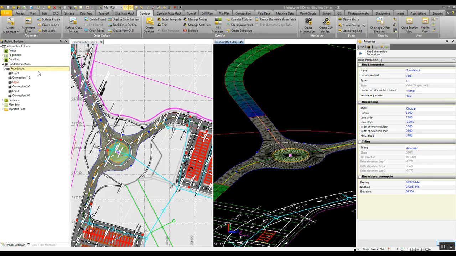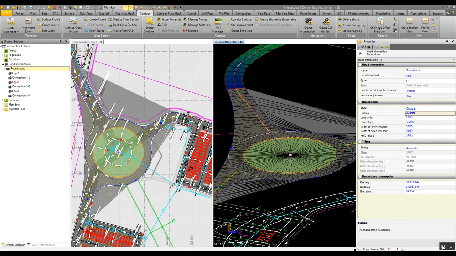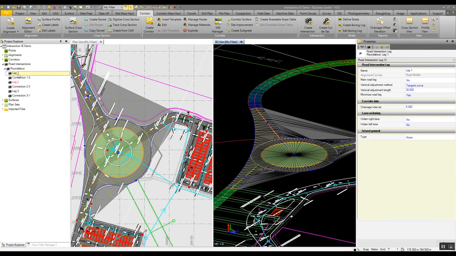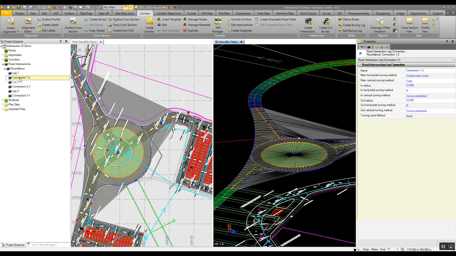So to do that, we just go into the properties of the roundabout itself, and we can see here that the radius is currently 8 meters. So what I need to do then is change that to 20 meters, push apply, and wait for that to take effect. Initially we see here some of the tinning is a little bit off, so we have to go and edit some of the other information such as how the legs connect to each other and also the various